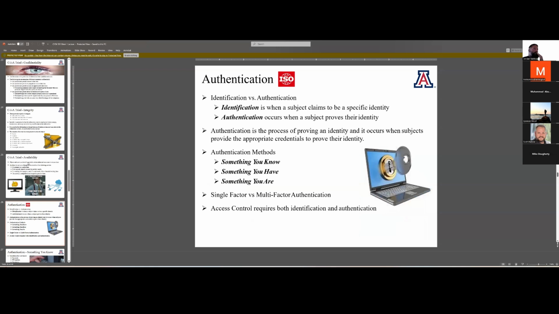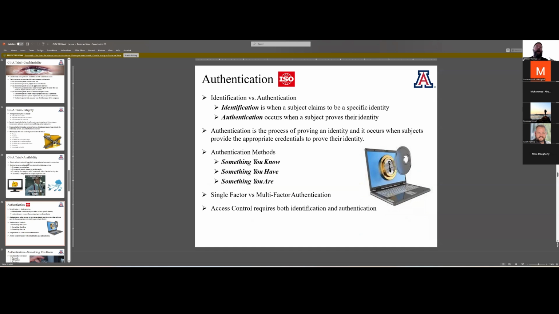So authentication, right? Major concepts we have here: identification, authentication, and, though it's not up here because it's not in your quiz, authorization. Identification is when a subject claims to be a specific identity. That is equivalent to when I put in my username on a website. Authentication occurs when I prove my identity.